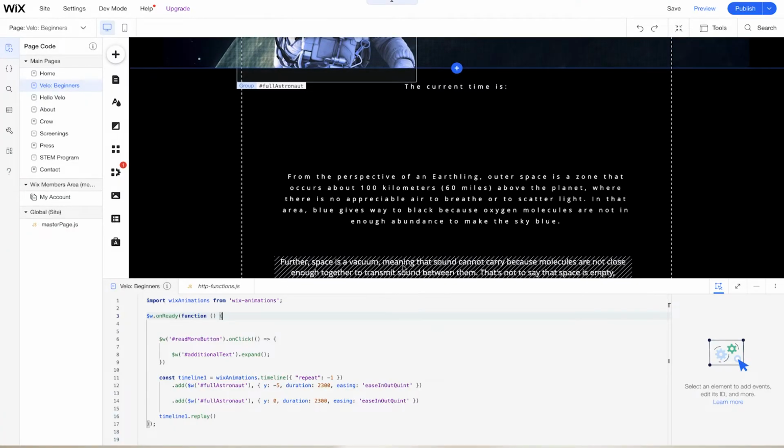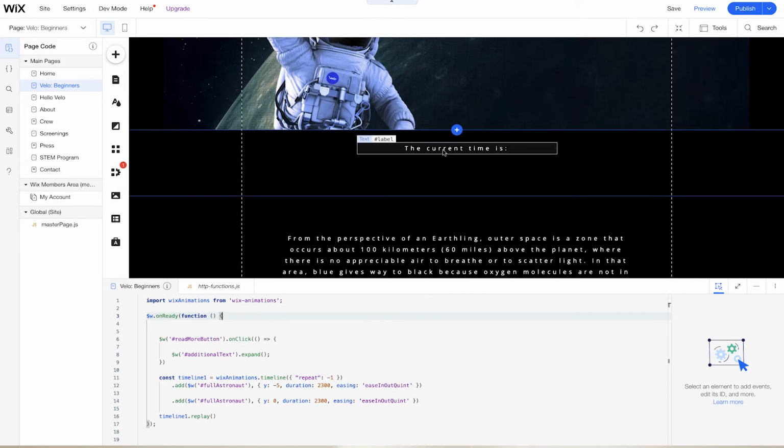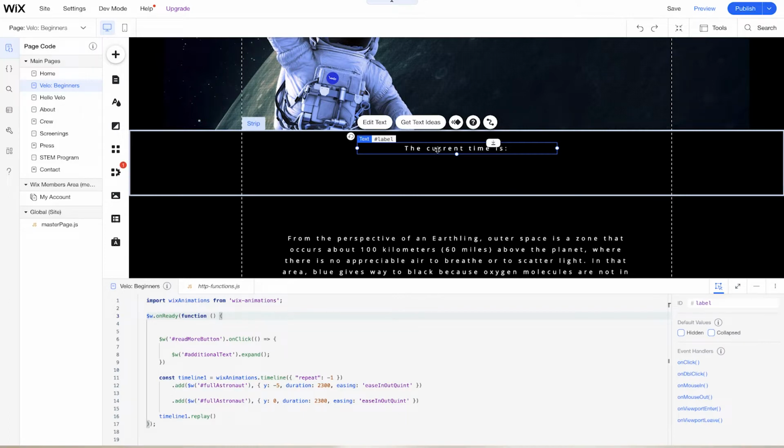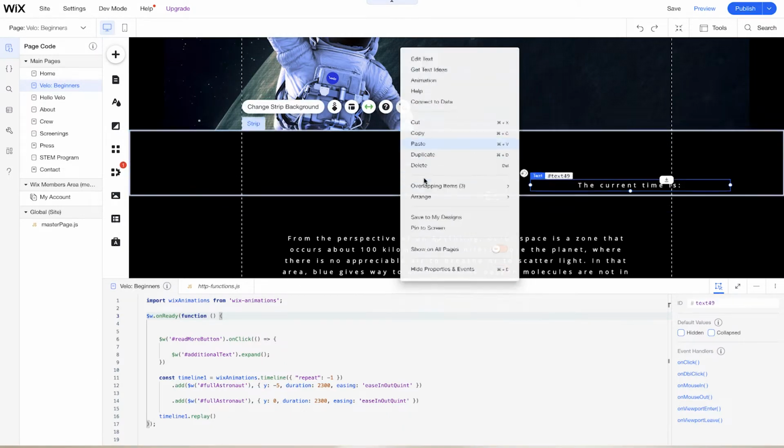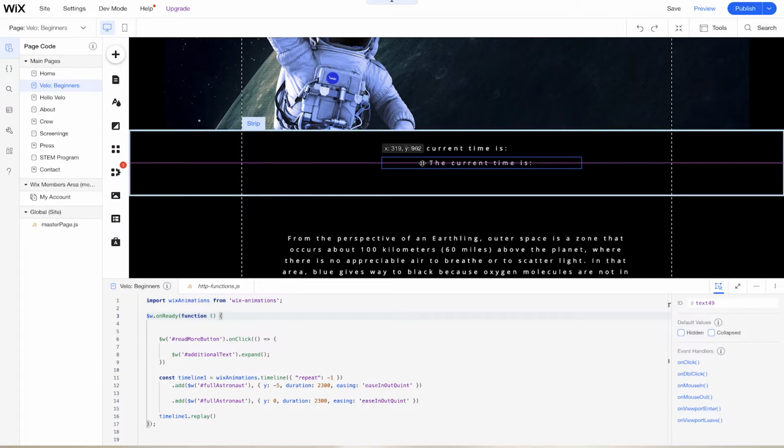So what we'll do first, we want to make sure that our page design is already ready to go before we start to add the functionality to the code panel. So we already have something set here for the current time, this one element called label. And we can either drag and drop this label in, or we could just copy and paste this label and change the ID. So I'm just going to copy and paste this label element here. Copy, and we'll paste it right here onto the page, and we'll line it up.